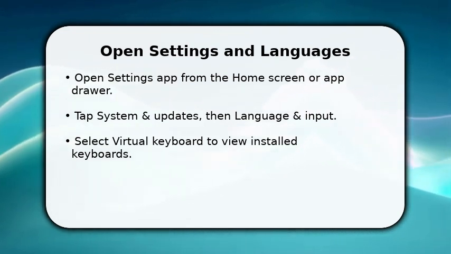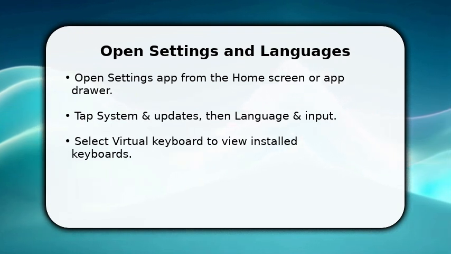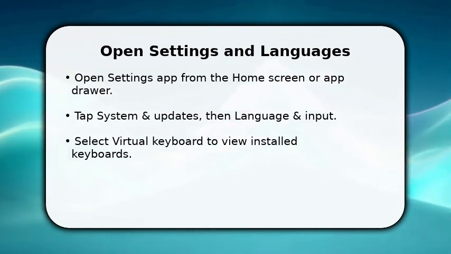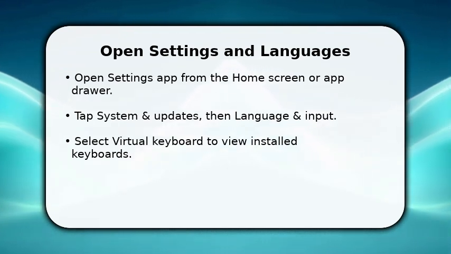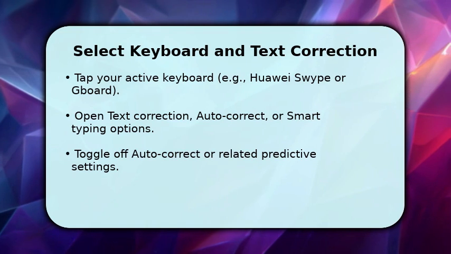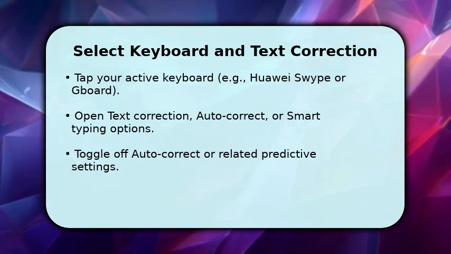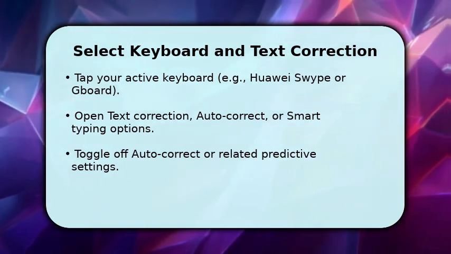You're taking the first actionable step to reach the keyboard settings that control autocorrect. Make sure the keyboard you use daily is visible in the list before you proceed. Next, tap the keyboard you actually use, for example Huawei Swipe or Gboard, because each keyboard stores its own autocorrect